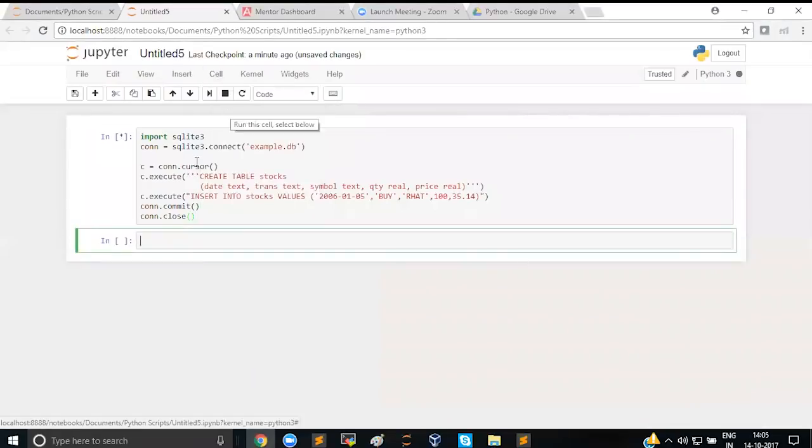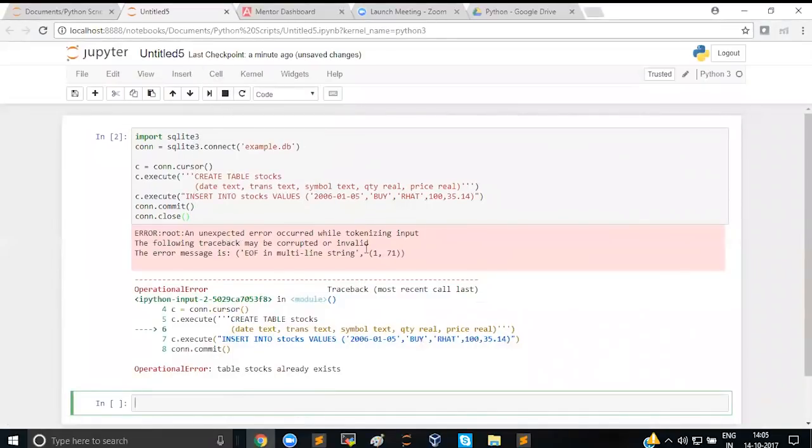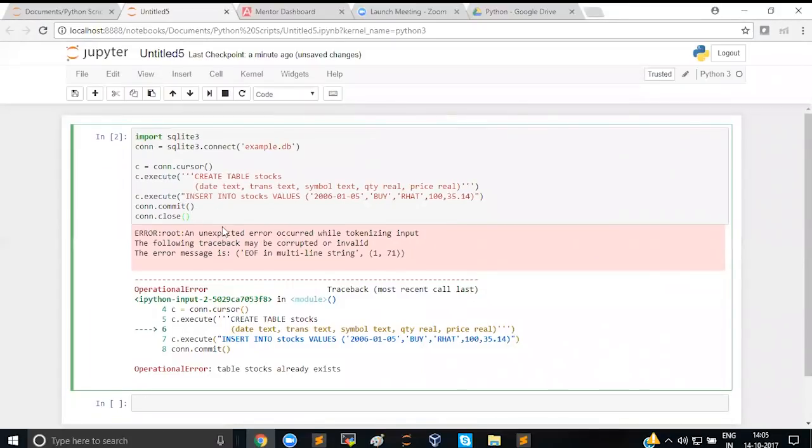So what I'm going to do is, oh no, this should not have been executed. Actually, I was trying to execute it again. See, if I try to execute create table stocks again, it is going to give me an error like table stocks already exists, because it is there. I should not recreate it. What I'm going to do is create the connection and cursor,